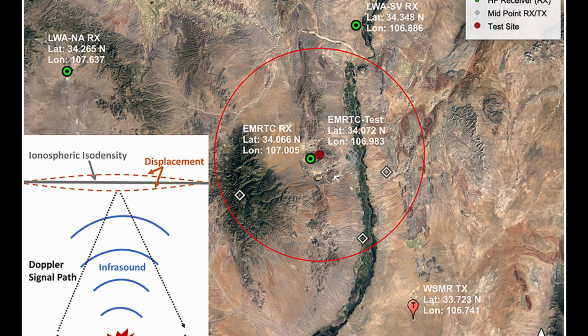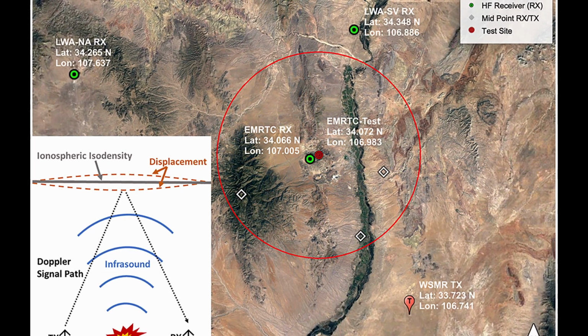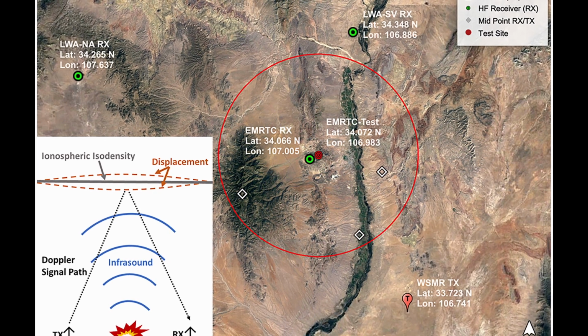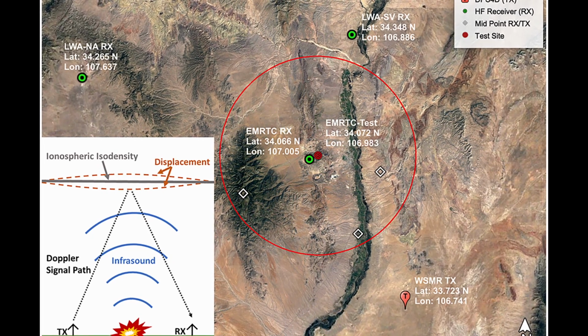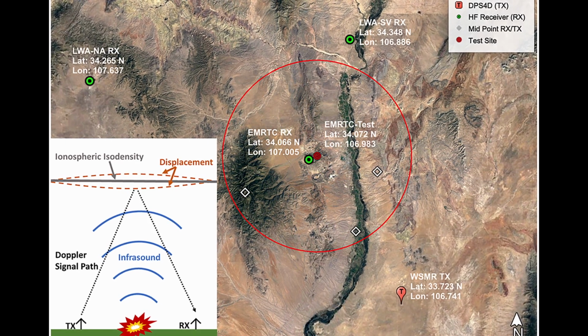which is converted to Doppler through the time derivative. As a plasma isodensity in the ionosphere is perturbed by an infrasound wave, the signature will be captured in the Doppler signal. This image shows a map and lists the coordinates of the Energetic Materials Research and Testing Center test